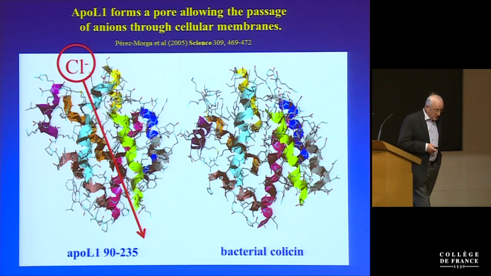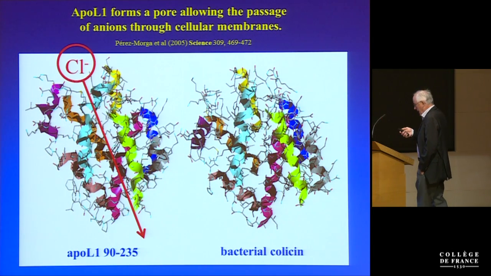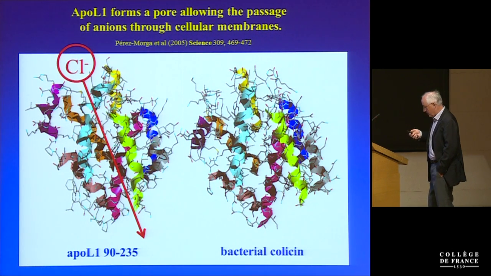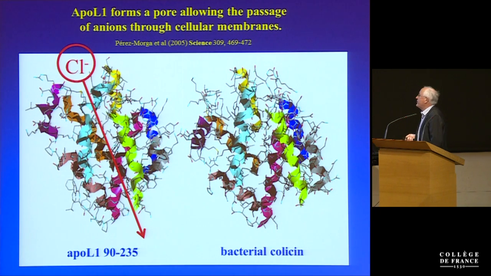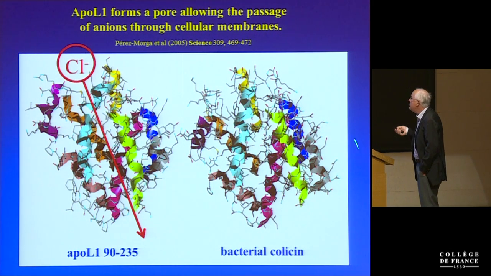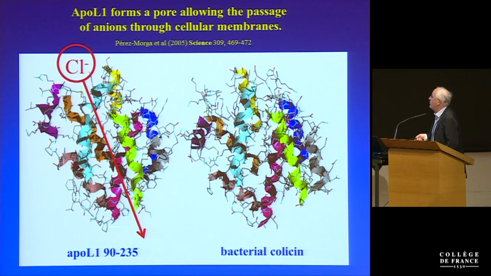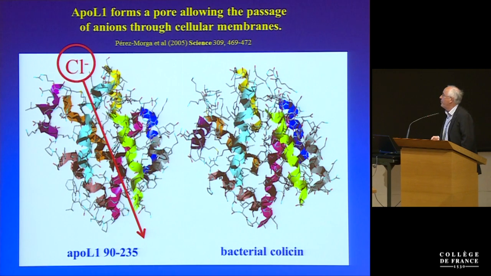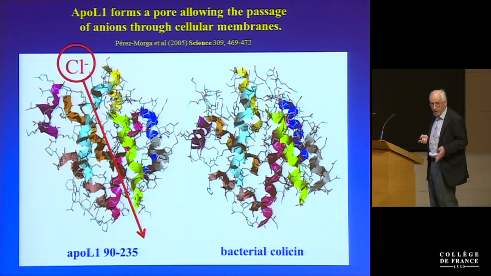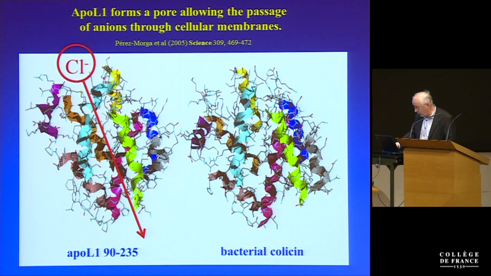So what is ApoL1? As I said, this protein was only known by the fact that it's bound to HDL particles, and so we had to do everything from scratch here, and we realized that this protein contains an ionic pore-forming domain, which is relatively similar to a known ionic pore-forming domain of some bacterial colicins. And in the case of ApoL1, this pore-forming domain allows the passage of chloride ions through membranes. So, in other words, ApoL1 can be inserted into a membrane of any kind and organize the passage of ions, or in particular anions, through this membrane.